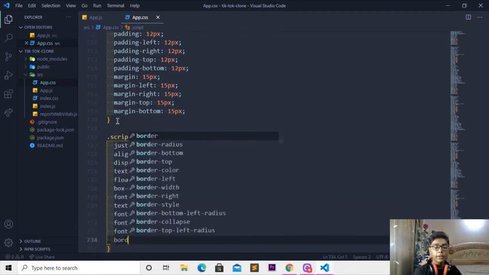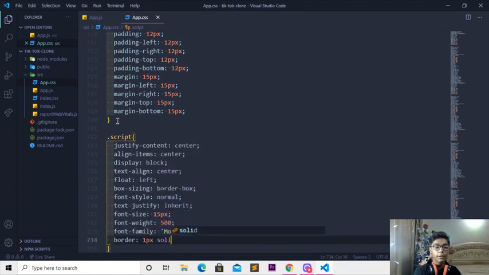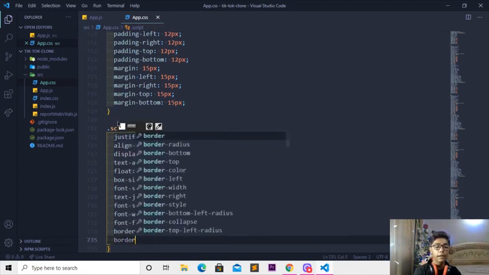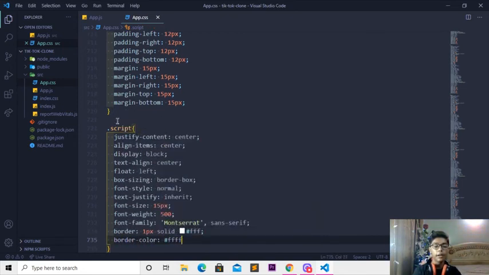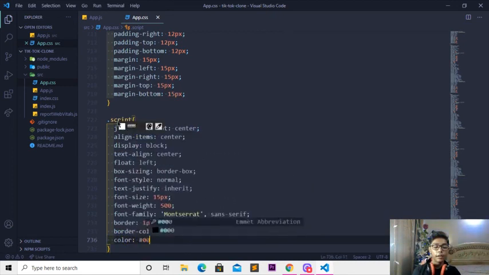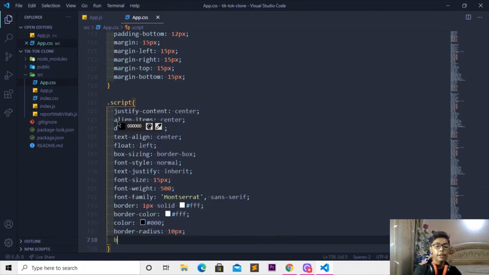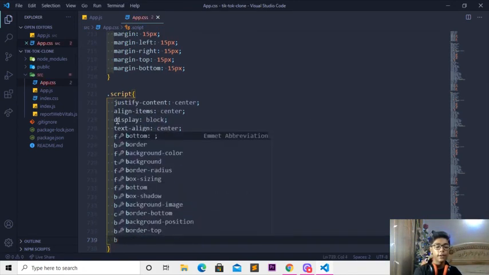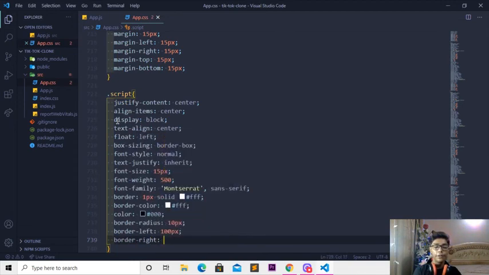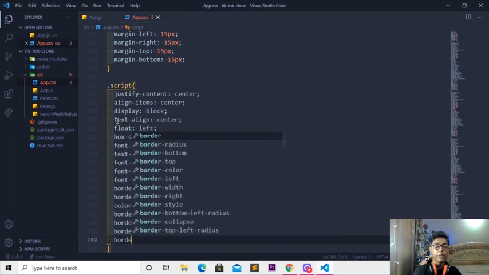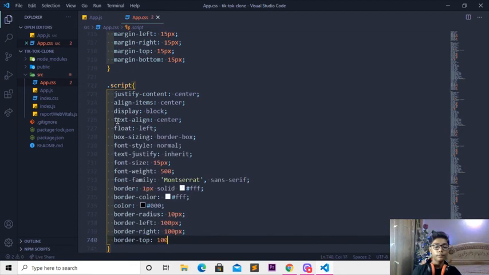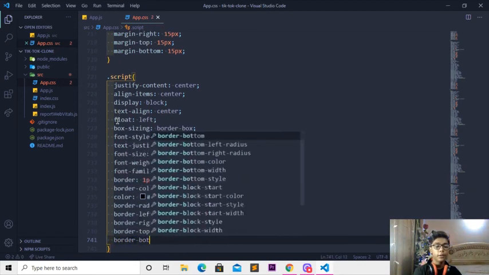When you're done with that, now here I'll be writing border 1 pic solid white. And here I'll be doing one thing like writing that to like border color white. And here I'll be writing that to like color black. And I'll be writing that to like border radius 10 pixel. And here I'll be changing that to like border left 100 pixel, create border right, which should be like 100 pixel. So when you're done with that, I'll be writing border top 100 pixel, change that to like border bottom